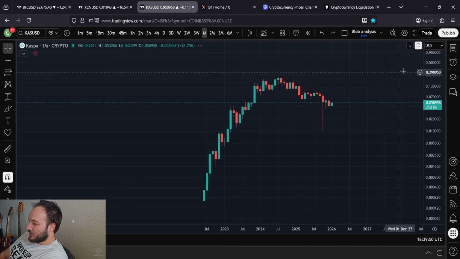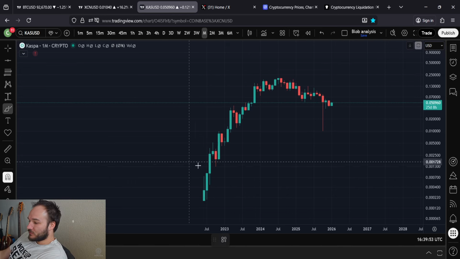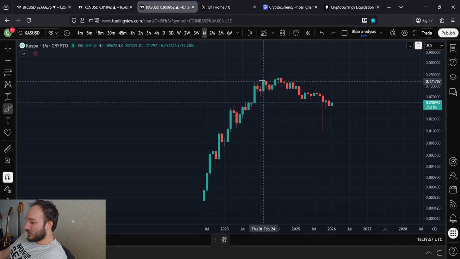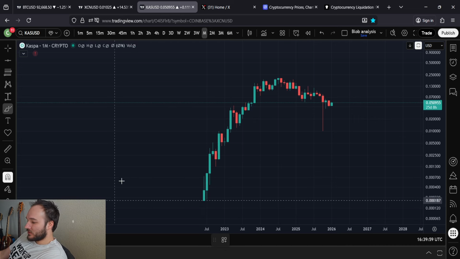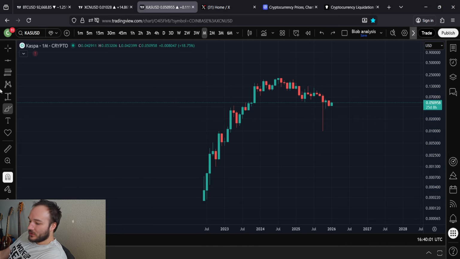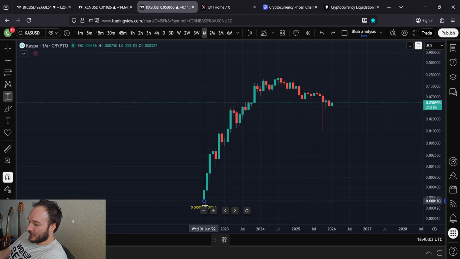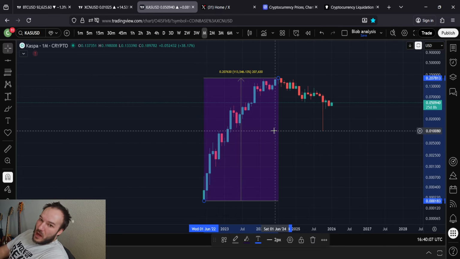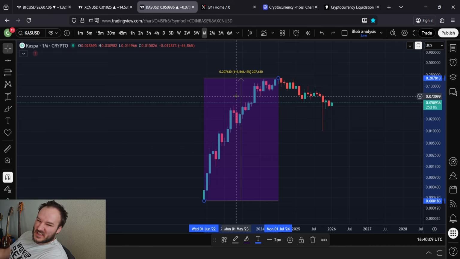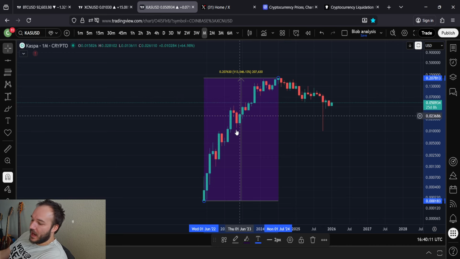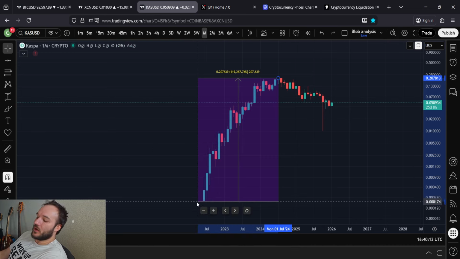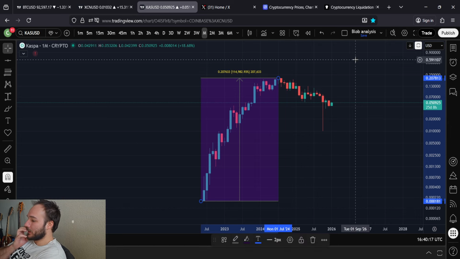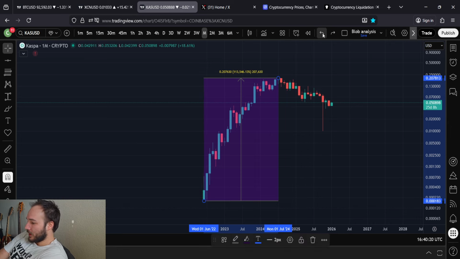I was looking at this on the monthly chart because KAS, first and foremost, has such a short history of existence. It's incredible. What an incredible run this was. We see these kinds of charts in crypto all the time where they pump and they dump, but the percentages are always different. This is truly spectacular. I mean, from a low point to a high point, you saw a 1,136x. Yeah, and that low is not even the lowest price that you could have bought Kaspa, right? This doesn't have the technical all-time history, but just incredible growth that you saw.